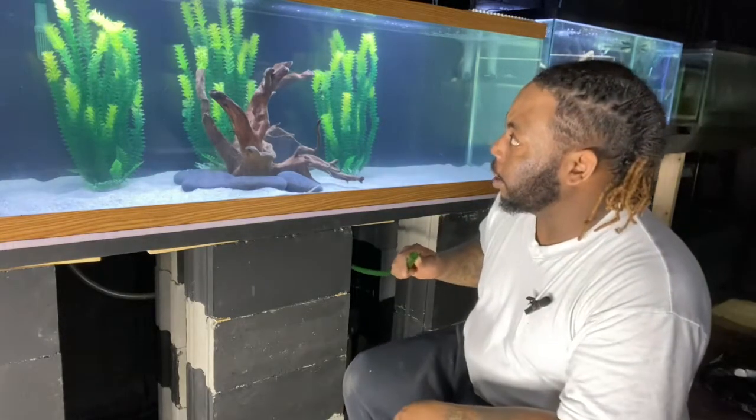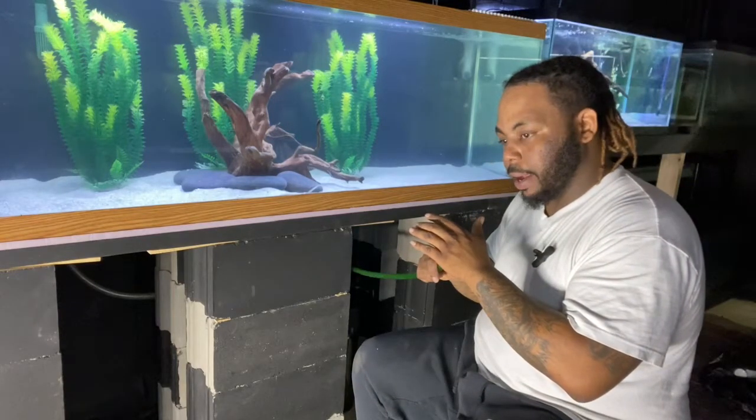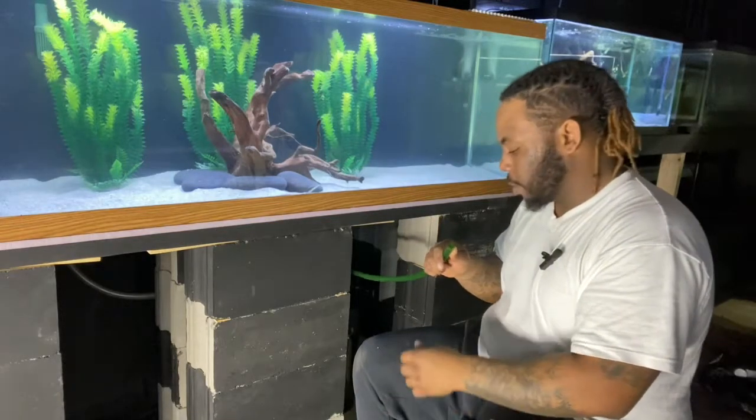All right, so it's going now. It's siphoning. You can feel all the air getting pushed out of the canister, out the hose. So once it fills up,